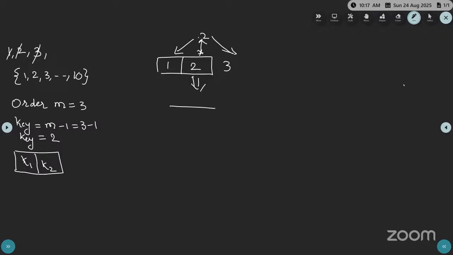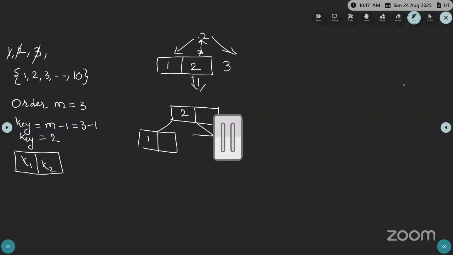So 2 is available here, 2 available like this, and tell me, 2 left side untadamma, 2 left, 1, and 2 right, 3. This is the next tree. Make it fast. Okay. After completion of this,